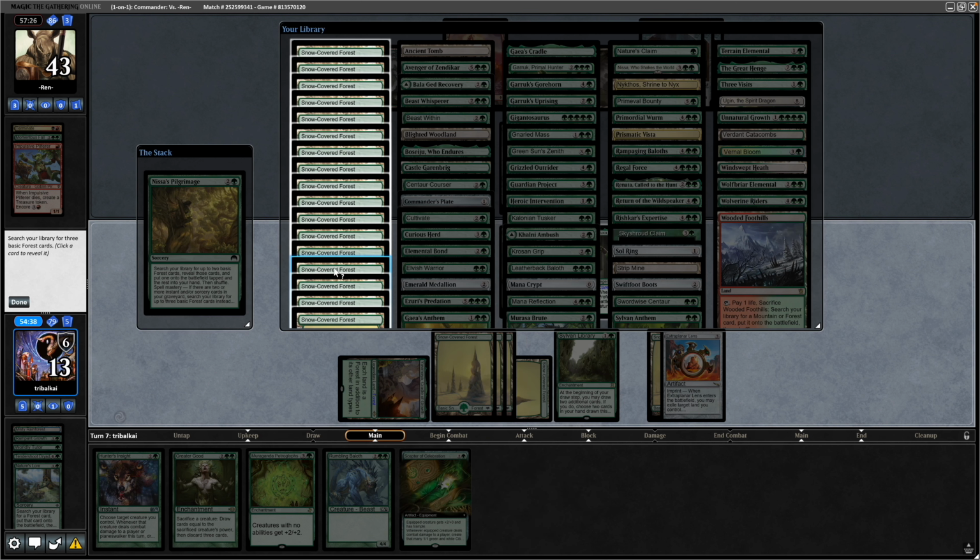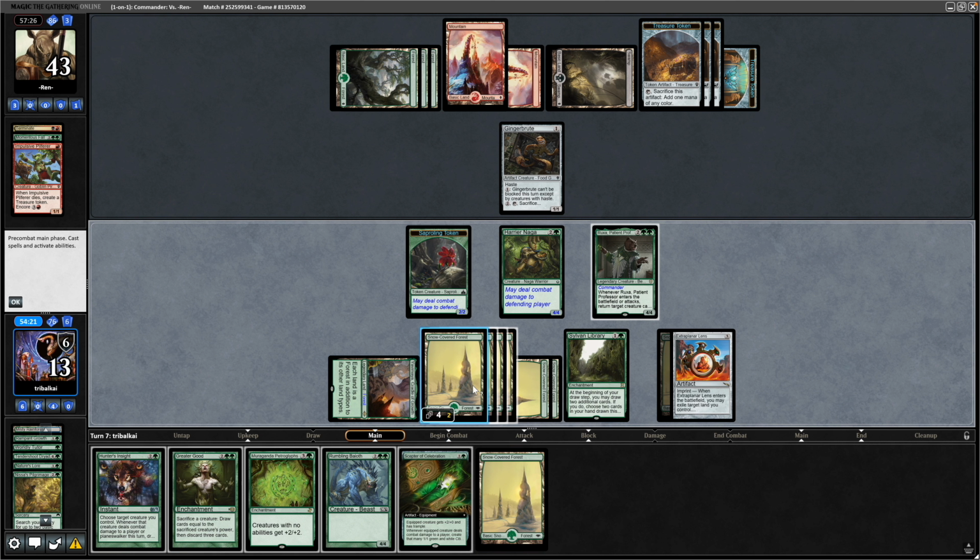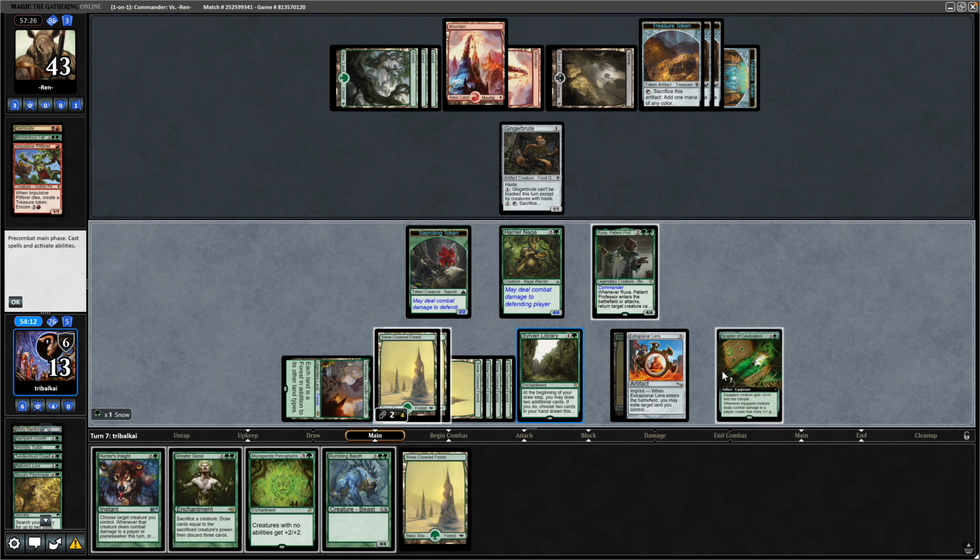Cast Nissa's Pilgrimage, seeing as how we can't get into land straight off the top. We search for 3 forests here. 1 goes in tapped, 2 into hand, play one of them, and we've got 8 mana available to us here. So now play and equip the Scepter of Celebration. We'll put it onto the...